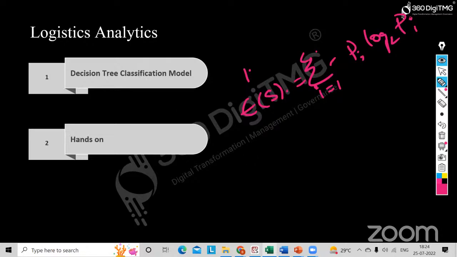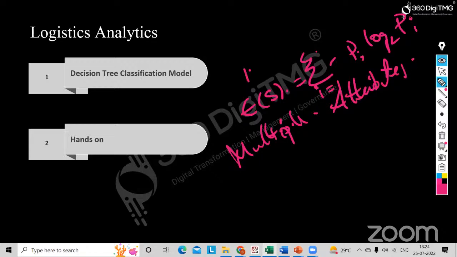And if you look at multiple attributes, you have E of